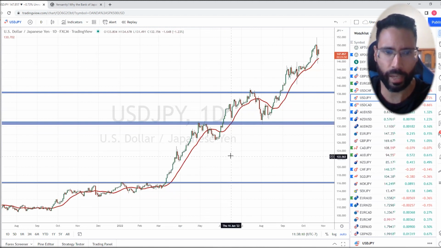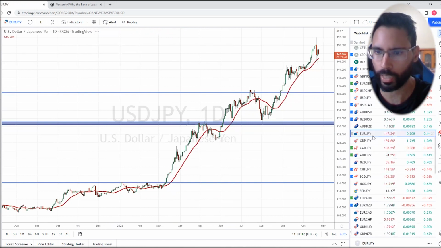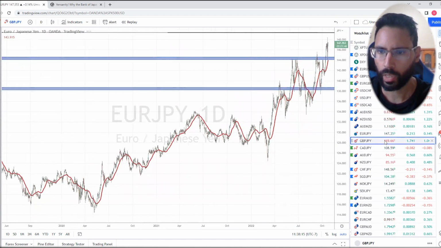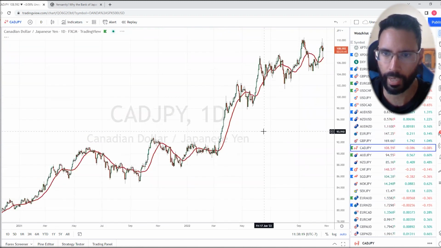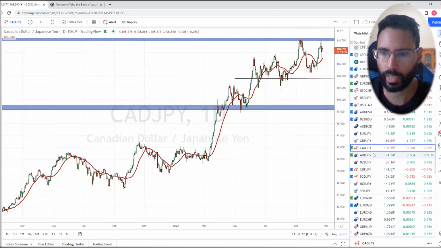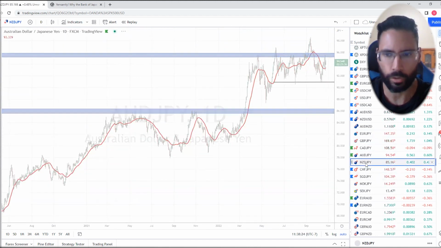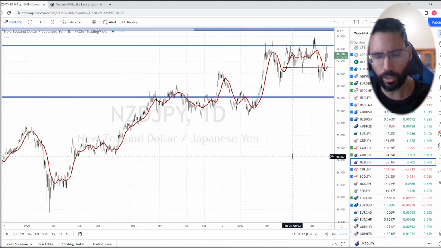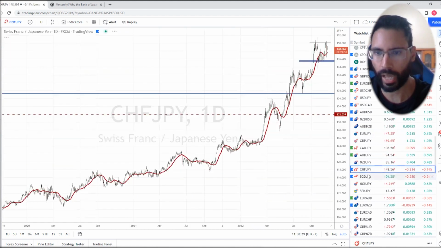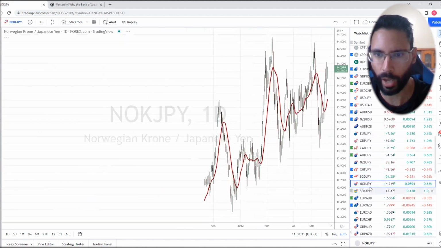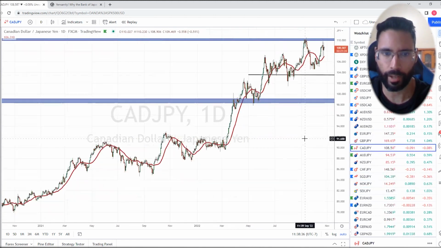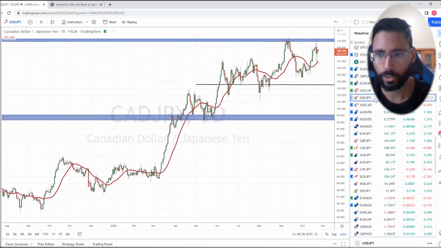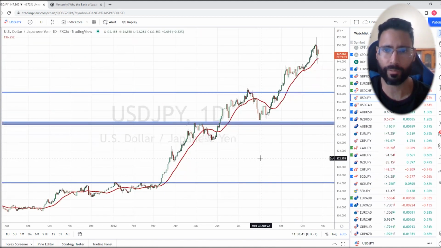And it's not just the yen weakening against the US dollar, right? If we take a look at yen against the euro, yen against the British pound, of course, there's been some volatility here, which we'll talk about in just a bit. Canadian loonie versus the yen, the Australian dollar versus the yen, New Zealand dollar versus the yen. The yen's been weakening against many currencies here. And I have a whole bunch of other yen currencies that I follow here and trade on a daily basis. But it's quite major because, of course, Japan is one of the largest saver nations in the world.